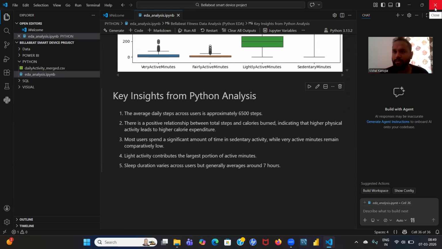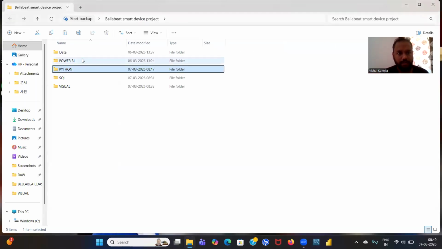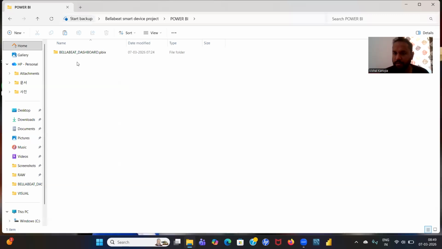It's already saved. No, I don't need to do Control S over here. So let me close this up for you. Right. Let me take it back. Here it is, the Power BI folder. So